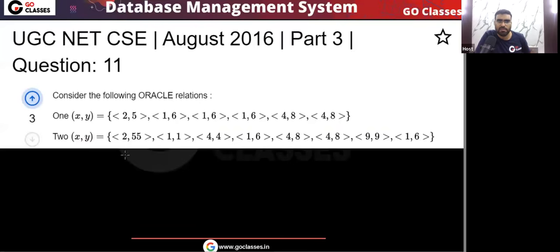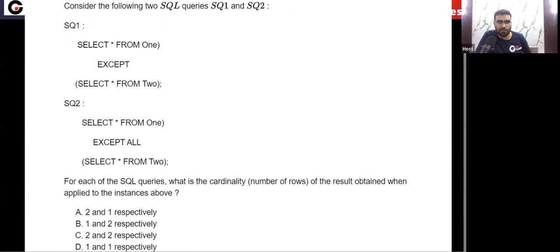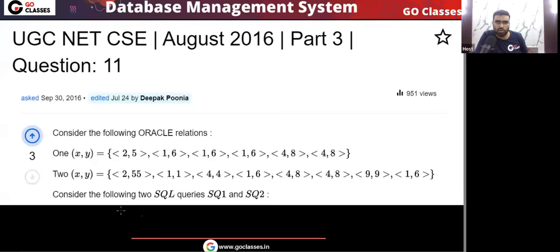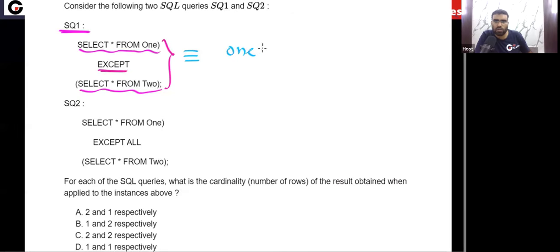Okay, so let's see this. First of all, you tell me what the first query is. Let me know. Look at query number 1. What is query number 1 doing? Select star from 1, select star from 2, except. So basically, what is this query doing? From this table 1(x,y), you are removing this table, yes or no? From this table 1(x,y), except